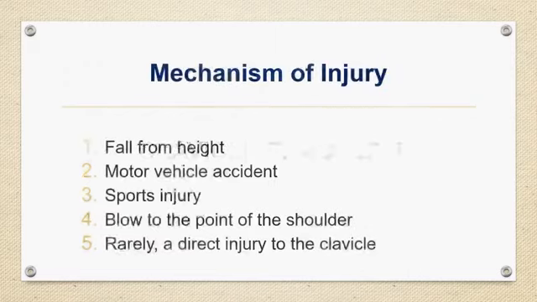The mechanism of injury for clavicle fracture, or usually you can call that this is the mechanism of injury for all upper limb fracture. This is the common thing, that is a fall from height or fall on outstretched hand. Okay, so this is the number one thing. So number two, there may be motor vehicle accident. It may cause due to sports injury also, may due to direct blow to the shoulder or direct injury to